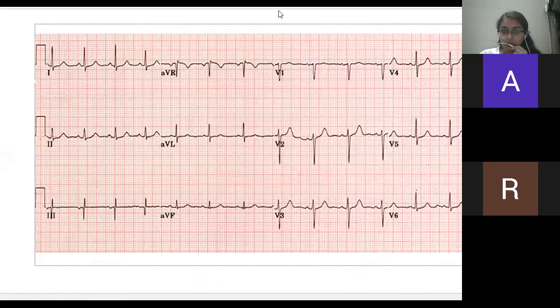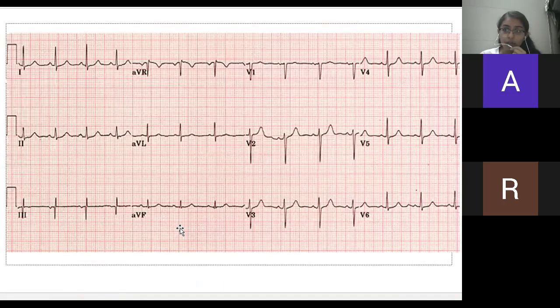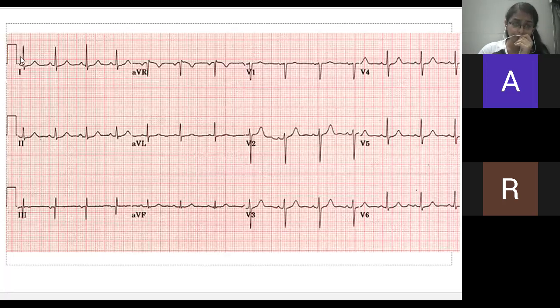Okay. So this is how the normal standard ECG looks like. The ECG that a patient comes with is this. You can see all 12 leads on an ECG placed next to each other. On the left hand side of the ECG, you will find the recordings of limb leads, that is 1, 2 and 3. Then there are augmented limb leads, AVR, AVL and AVF. And then you can see there are chest leads from V1 to V6.